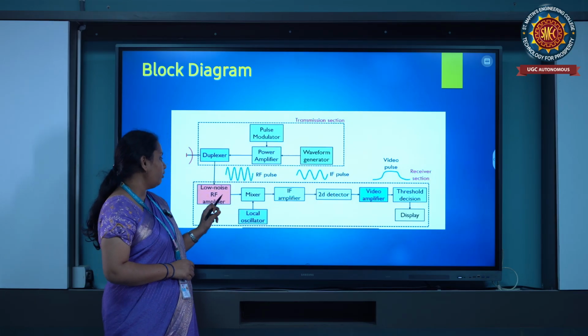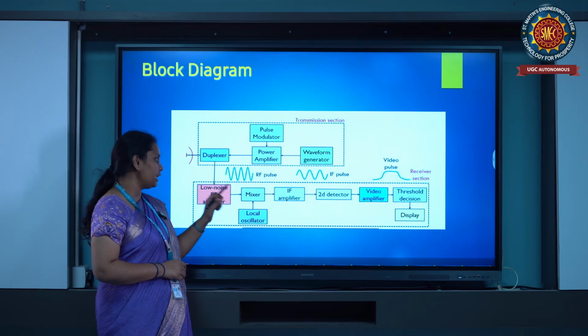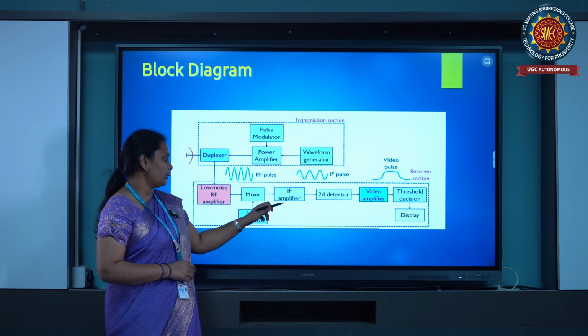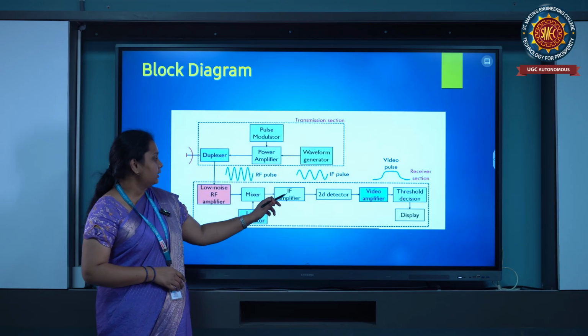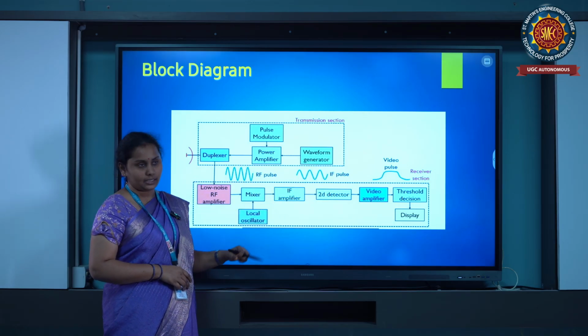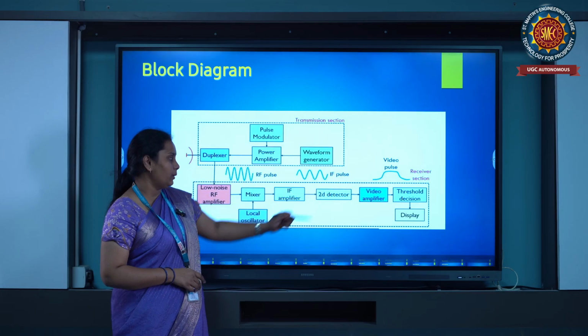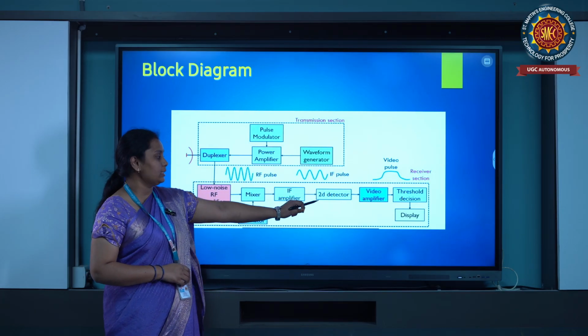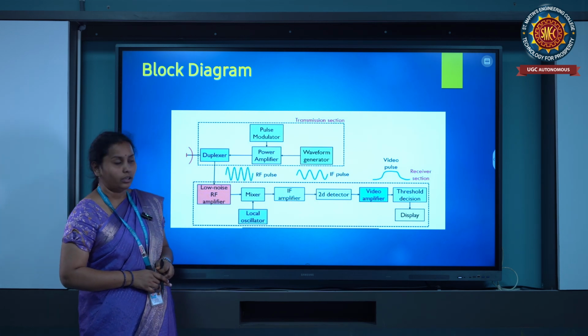The mixer mixes the low noise RF amplifier output and the carrier signal, and then gives it to the IF amplifier. This intermediate frequency amplifier amplifies the IF pulse, which then goes to the second detector. The second detector is also called the demodulator.